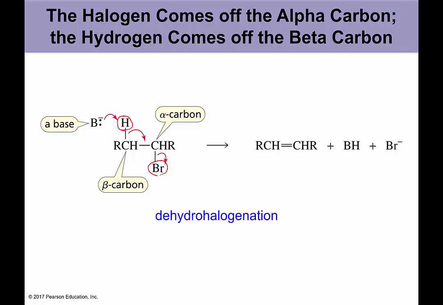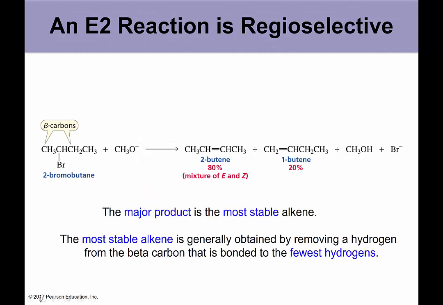This reaction is also regioselective, and you can see this in this next slide. You'll notice in this particular case there's two different beta carbons, and so when you attack the beta carbon to the left of the leaving group, you're going to end up with 1-butene. So that's this one, so we'll call this A, call that B. If you're attacking at A, you get 1-butene. If you're attacking at B,